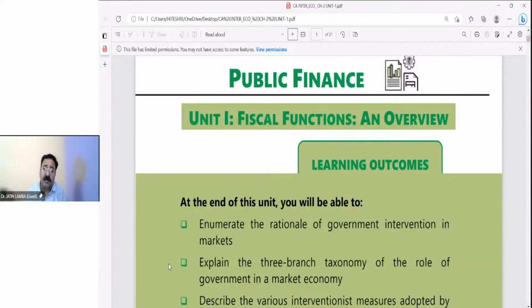Public finance means the expenditure made by the government. Whenever the government makes expenditure, the government has to earn that income. Now, what is the major source of income of the government? Can anyone tell, bachcho? There are so many sources, such as profit and dividend income, but the major source of income of the government is